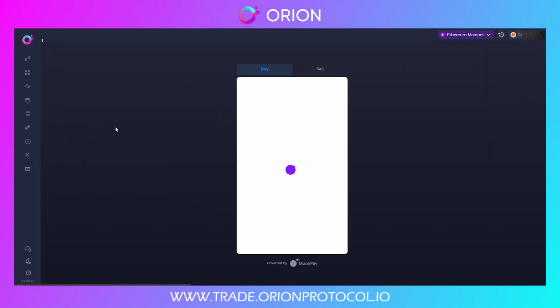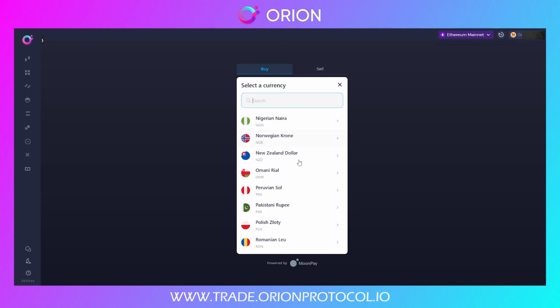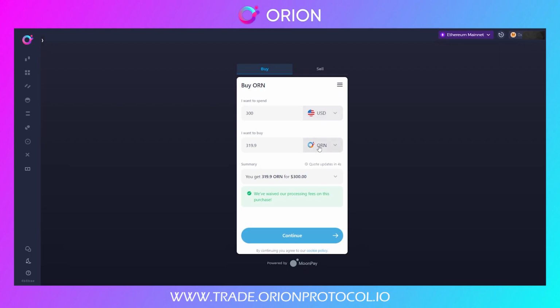Next, we have the Fiat tab. Under the Fiat tab, this is pretty self-explanatory. This allows you to onboard fiat currency directly onto the platform. Essentially, what you would be doing is utilizing MoonPay, which is what this section is powered by. You can use your debit or credit card to purchase cryptocurrencies, and those cryptocurrencies will go directly to your wallet. They have a wide variety of assets to choose from, fiat currencies, and then of course they have